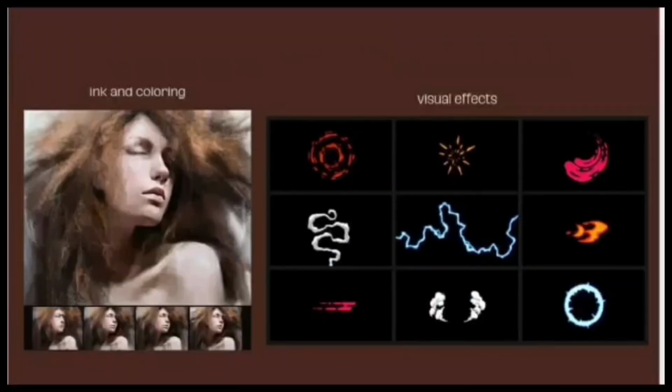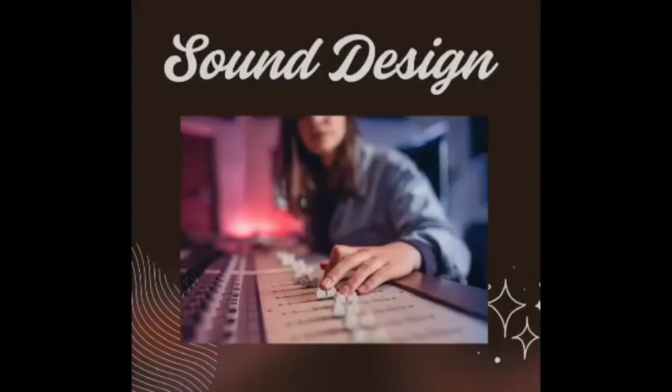Example of ink and coloring and visual effects. The sound designs create and record sound effects,